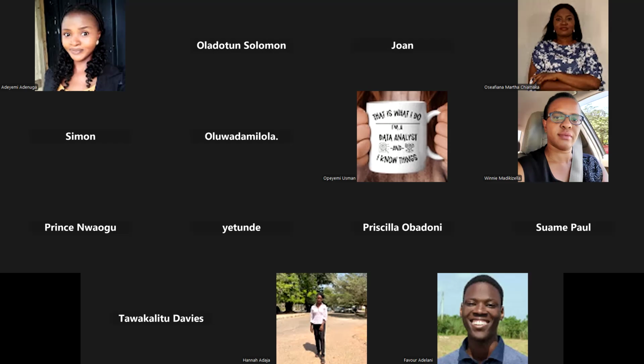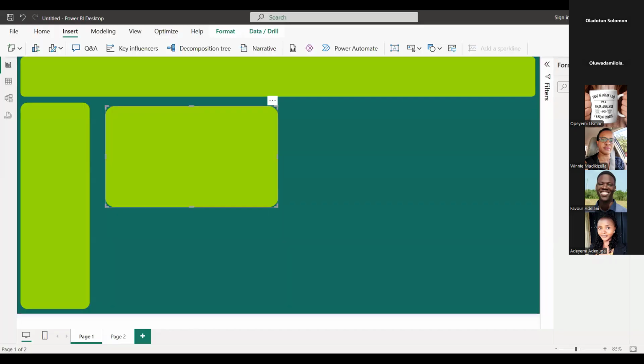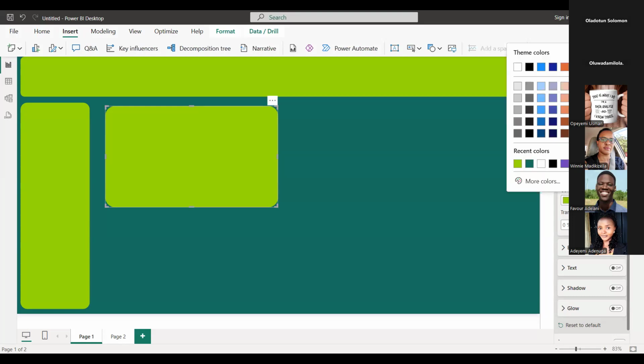I was saying that the shape is to format the type of shape. Maybe we want to change to rectangle and all that, but the style will help us to change the color. Then when we are on the style, we change the color under the field where we have that. Yeah, that's where you're going to change the color. We can see white there, white in between green and black. Then we select it. Oh, okay. Good. Thank you. I want to use white. All right. Thank you.